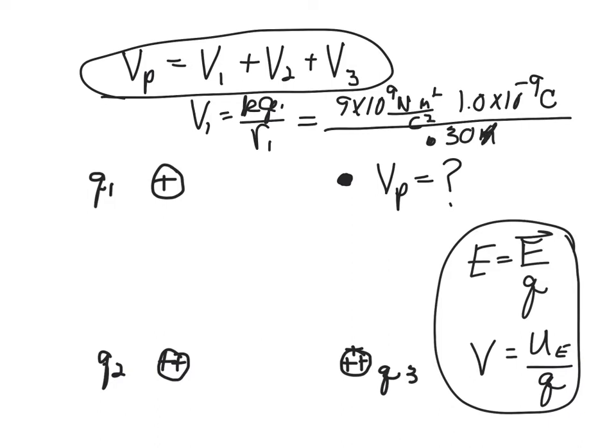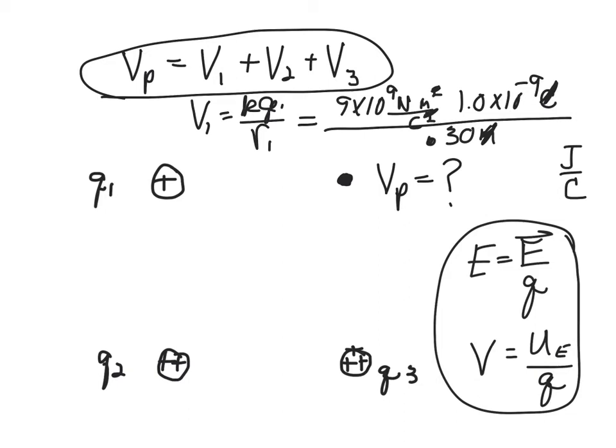Notice now we have 1 meter canceling 1 meter here, and 1 coulomb canceling one of these coulombs, and that leaves us with Newton meters divided by coulombs. A Newton meter is a joule, so that's joules per coulomb. Those are the units of